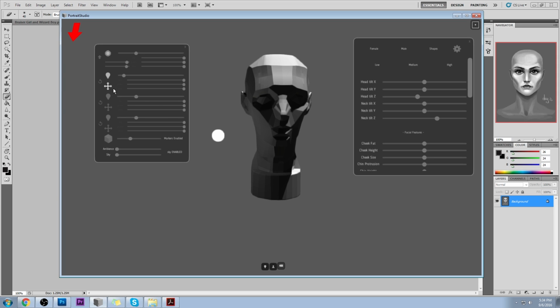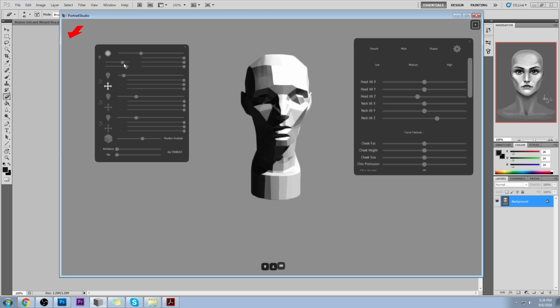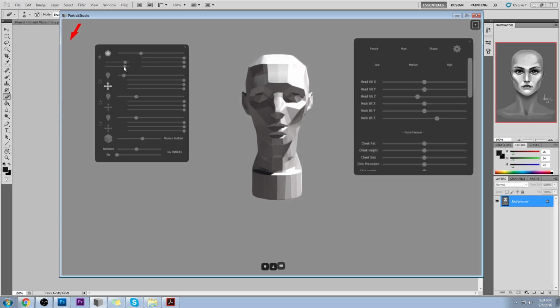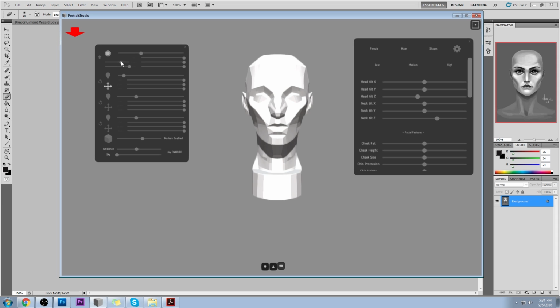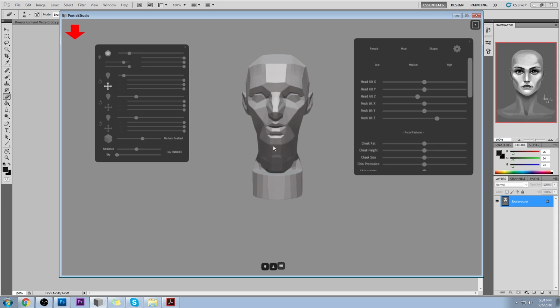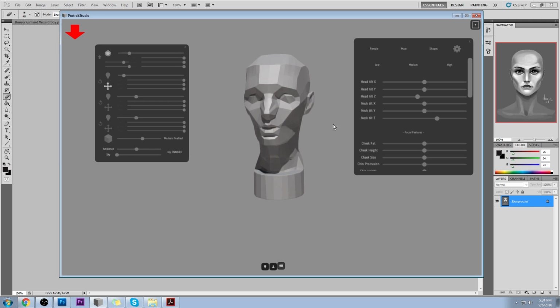A basic form helps reveal, let me get rid of some of this stuff, it helps reveal some, sorry, I need to get this light back. Okay, it helps reveal some of the form involved. So we've got the side of the forehead right here. And when we look at it from